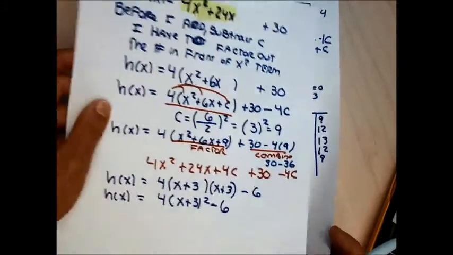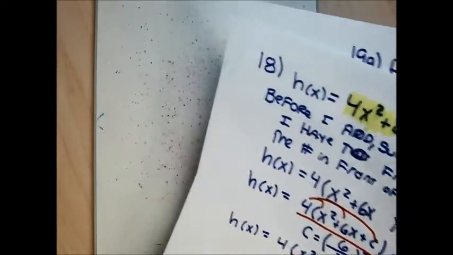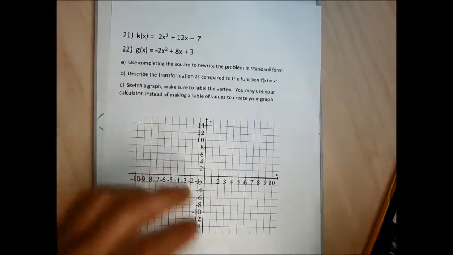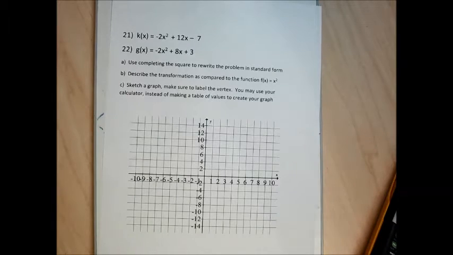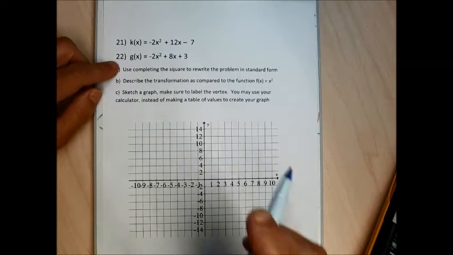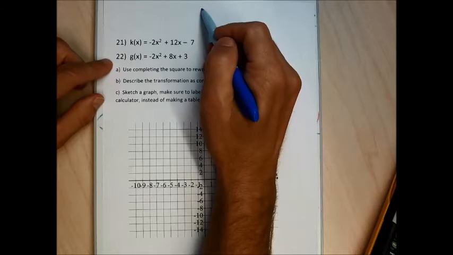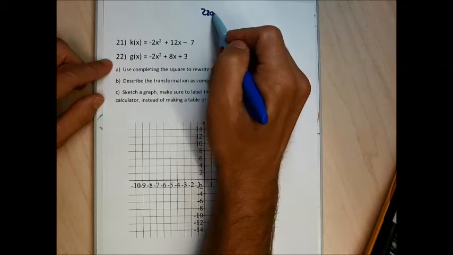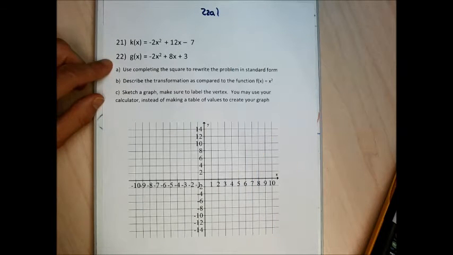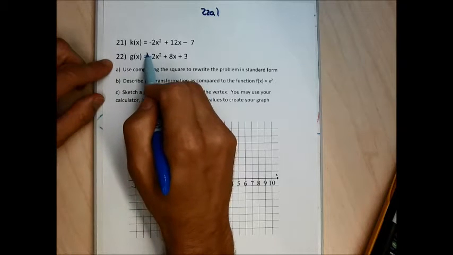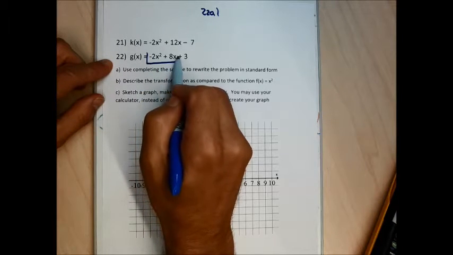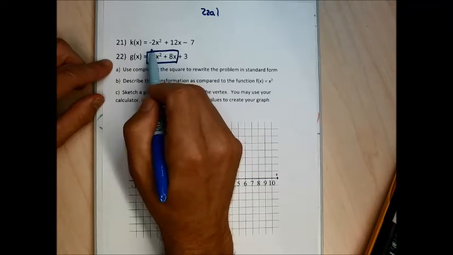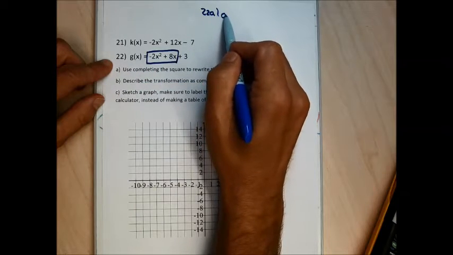I'm going to move on and do problem 22 and let you do problem 21. So for 22, I'm going to start by doing part A, using completing the square to rewrite the problem. And to do that, because there's a number in front of the x squared term, I need to factor that number out. So I'm going to start off rewriting the right-hand side,